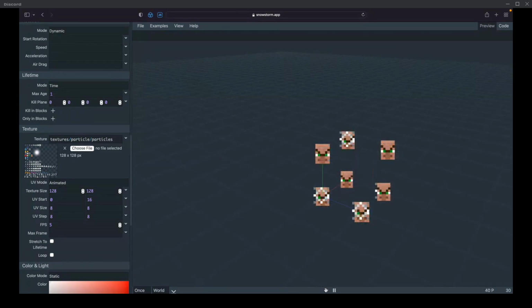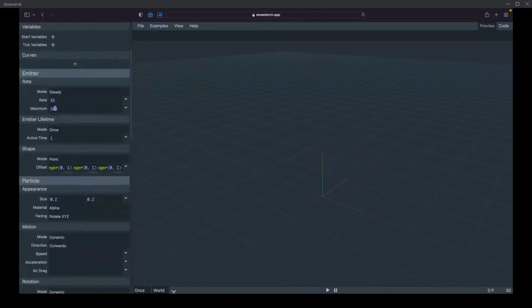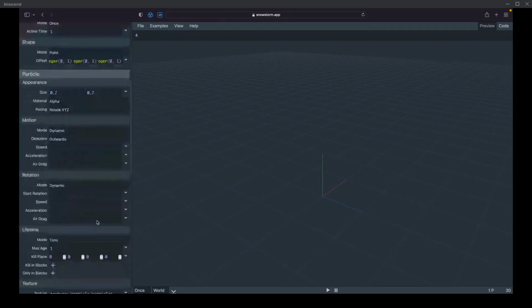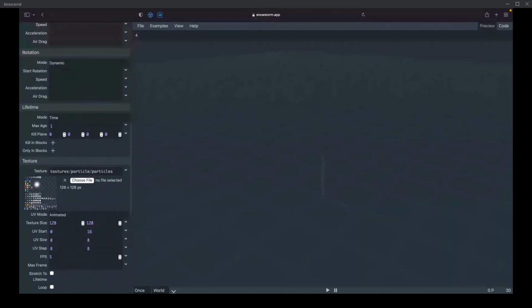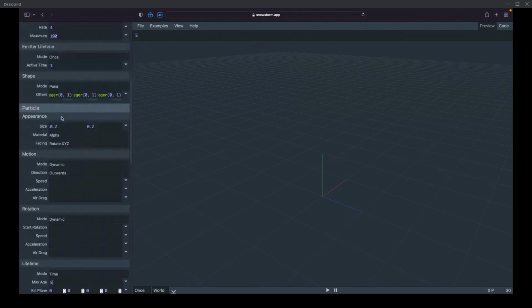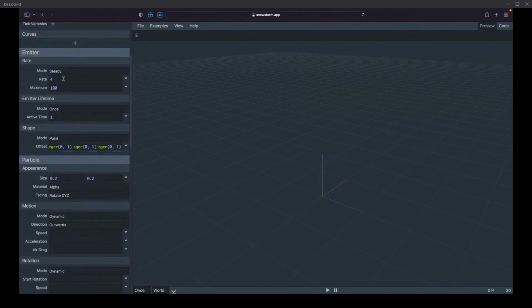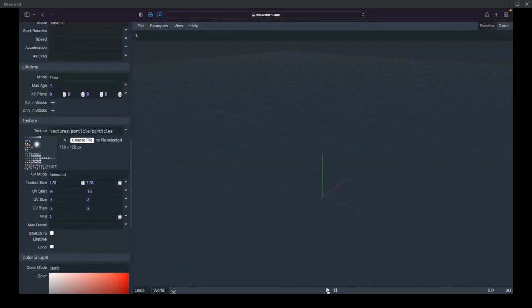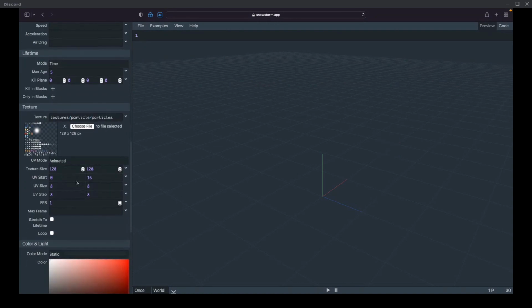All right, yeah, there it is. That's a little too much because they're overlapping. You can see how each particle is animating, and what Litz got me to do was essentially set the start the same as before, where it's like the bubble. Actually, let me turn the FPS down so you can see what's going on, and set the max age to like 5, and then I'm going to set the rate to 1. There we go. You can see it flipping through each of the textures.